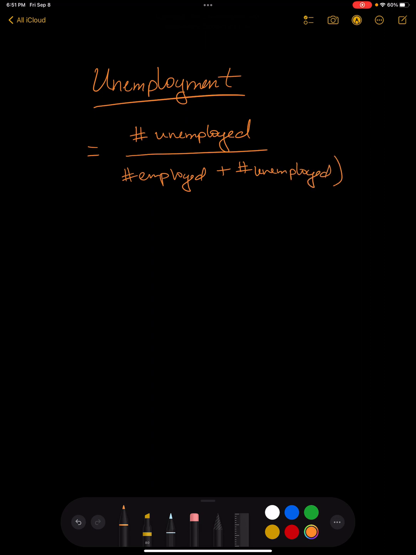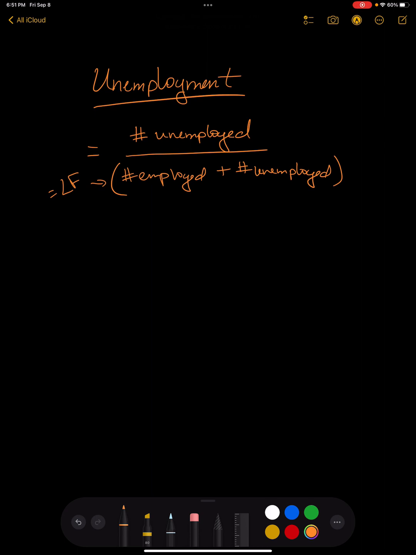And I'm going to put that in parentheses. If you have any problems on an exam or where you need to calculate this, make sure that you're following those order of operations, okay? So the number of unemployed divided by the labor force, that bottom part is the labor force,